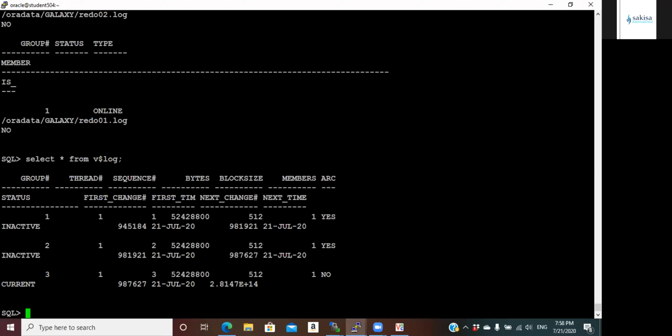I don't need to do the select member status. You can just select all from v$log. It gives you everything. So you do have only 3 groups. So you can drop 1 and 2. Actually, if you try to drop 1 and 2, it's not going to let you. It says you need to have at least 2 groups. Exactly.